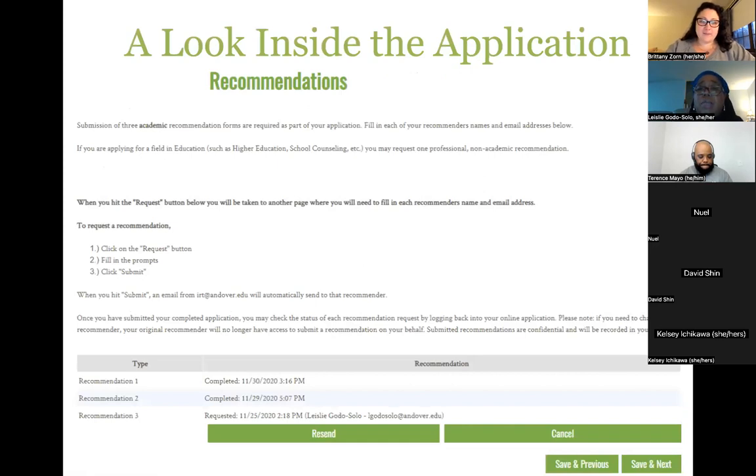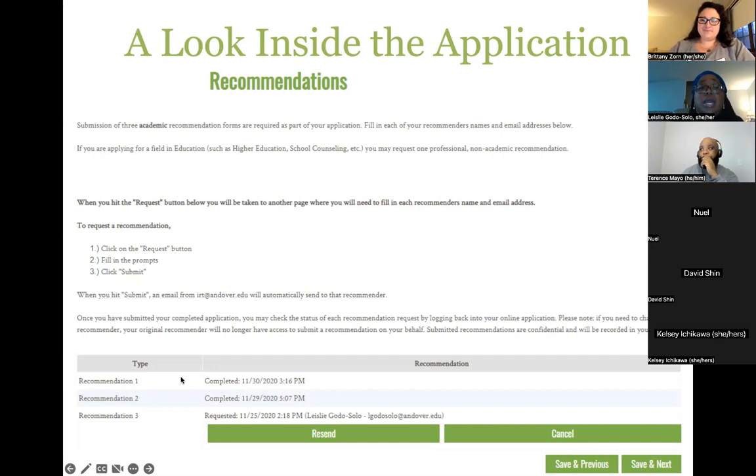So this is the page that you'll see when you're actually in the application and the recommendations section. You're going to be submitting 3 academic recommendations, which are required as part of your application. And for IRT, what we're going to need is the name of the individuals and their email addresses. And then our system will automatically prompt them to